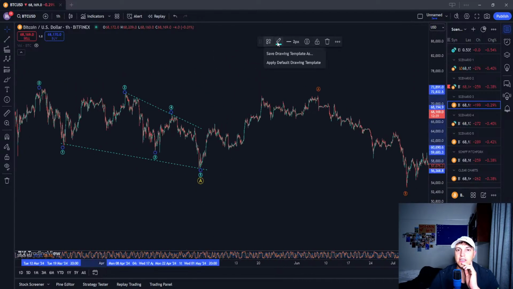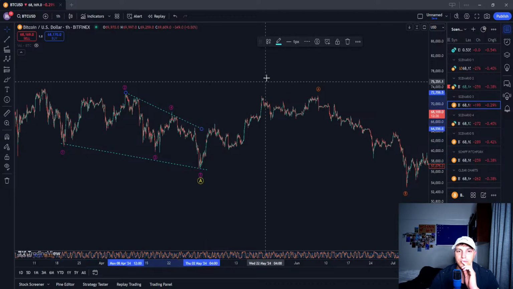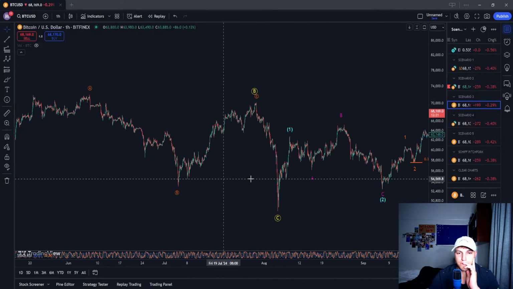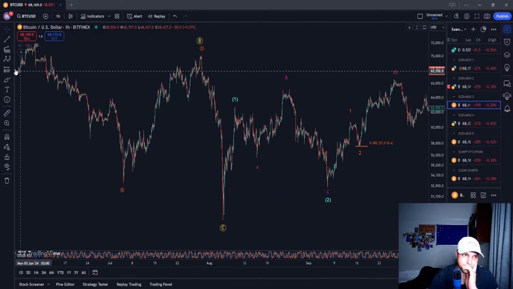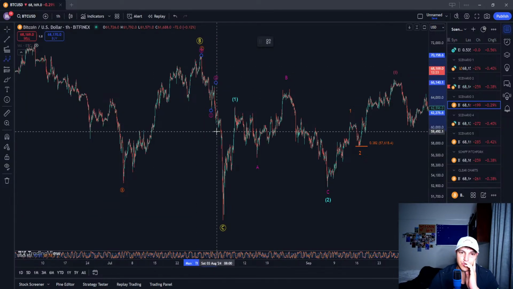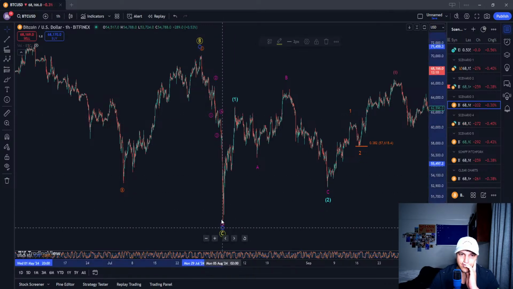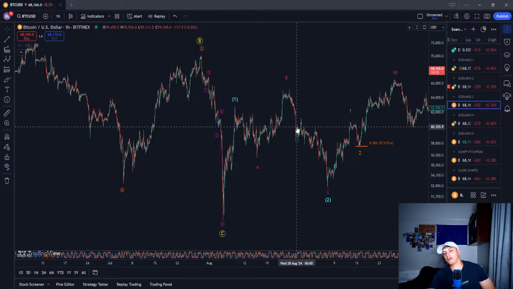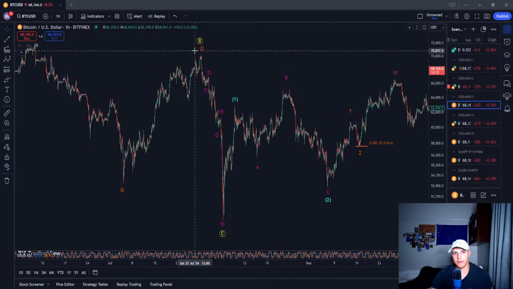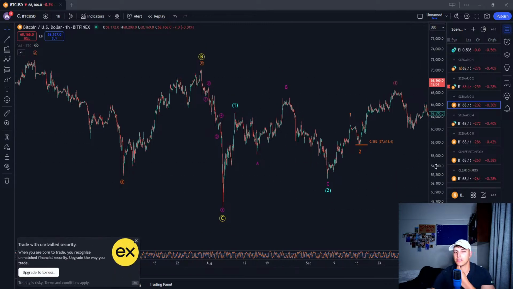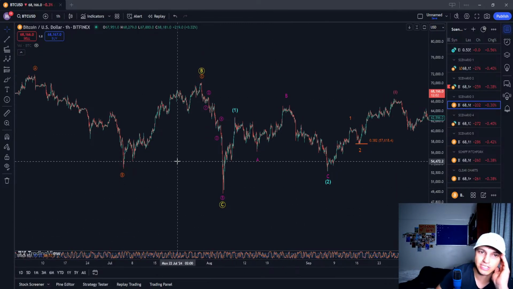Let's actually change this color to purple. And purple. Cool. Then a 1, 2, 3, 4, and 5. 1, 2. 1, 2, 3, 4, 5 down. Expanded fifth wave. A little bit rare, but fine for now. On the chart, this could be labeled the WXY as well, so it doesn't actually make